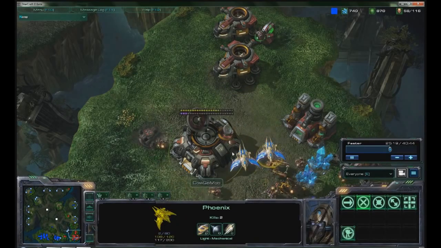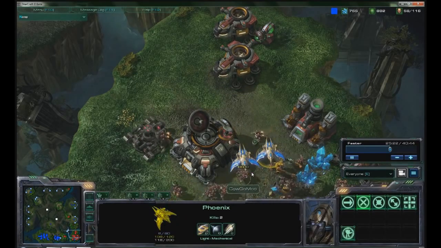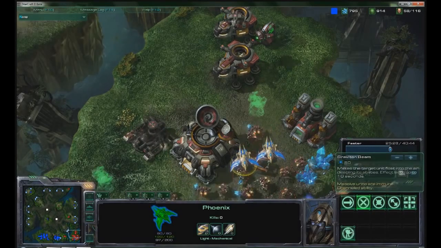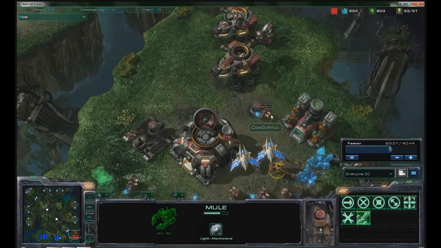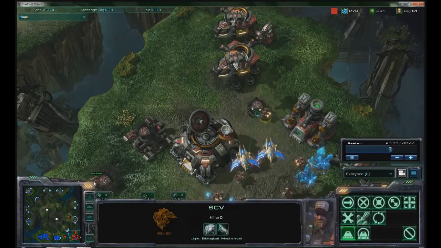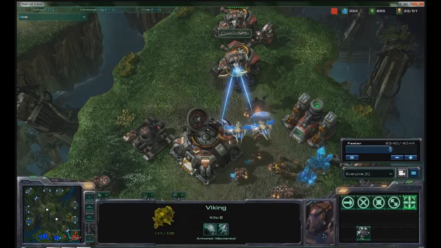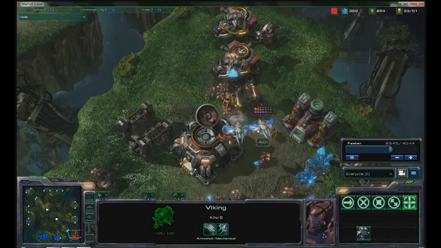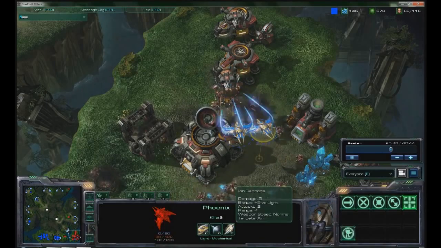They are just kind of sitting there, but there's not much they can do until some anti-air shows up. They do have this graviton beam, which allows them to float a target into the air. Something they might want to try doing on, say, that SCV that's building a turret, or over there. And we do see these two Vikings coming out. They are going to probably be able to overpower these phoenixes,